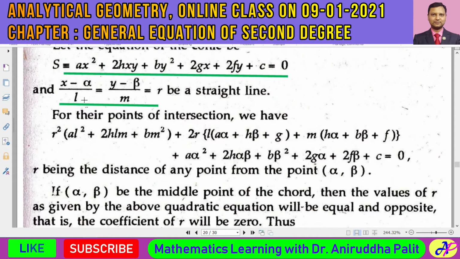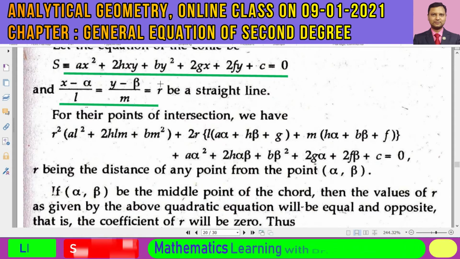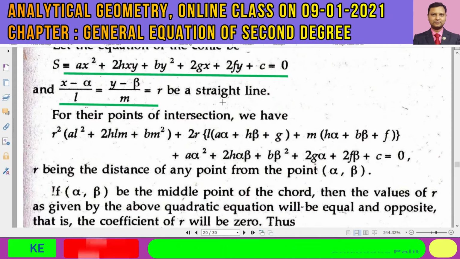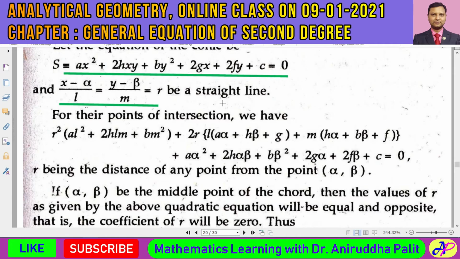So L would be cos theta, M would be sine theta, and R would be the distance of any point x comma y from the fixed point alpha comma beta on the straight line. So suppose this is a conic,